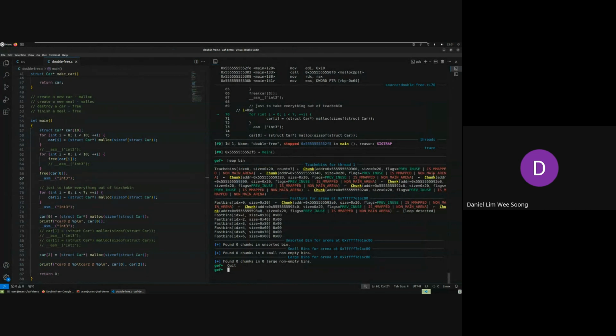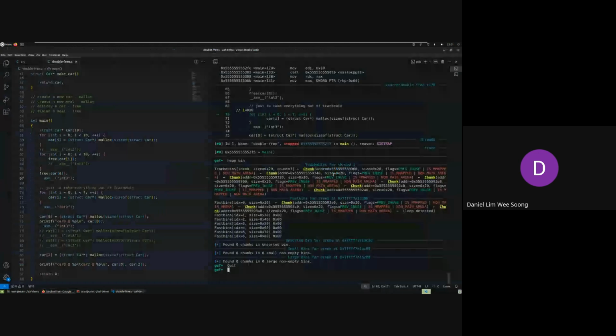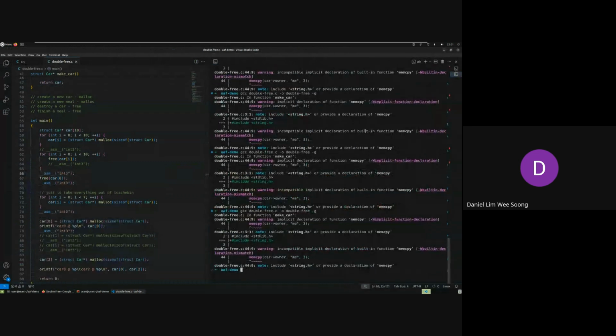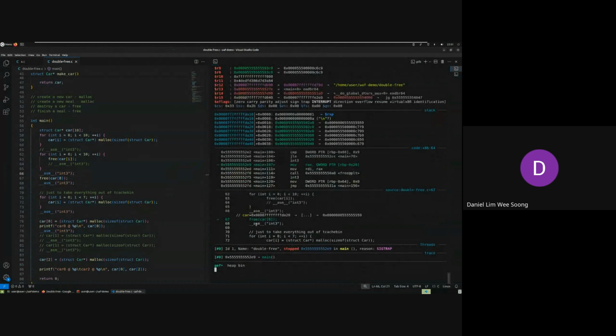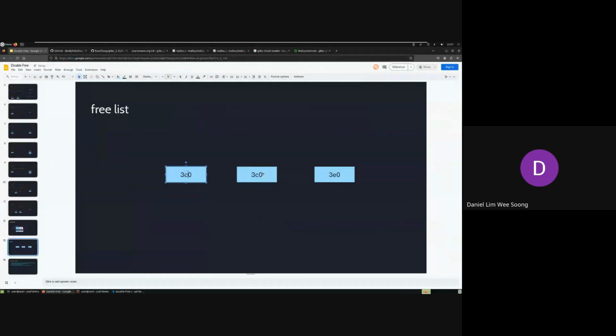Oh, 1, 2, 3, 4, 5, 6, 7, 8, 9, 10. 3A0, 3C0, and 3E0. Okay, actually one more here. Okay, before we free car 8, we have 3C, 3A, 38. Oh, 3C, 3A, 38. And then